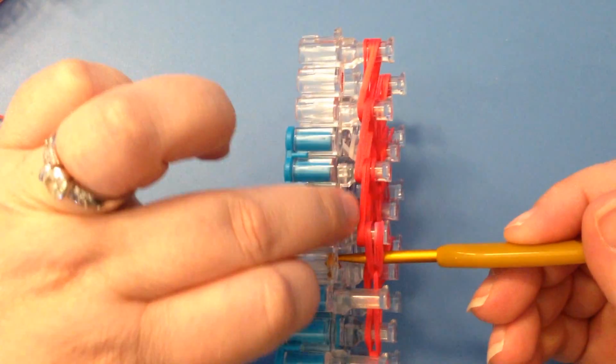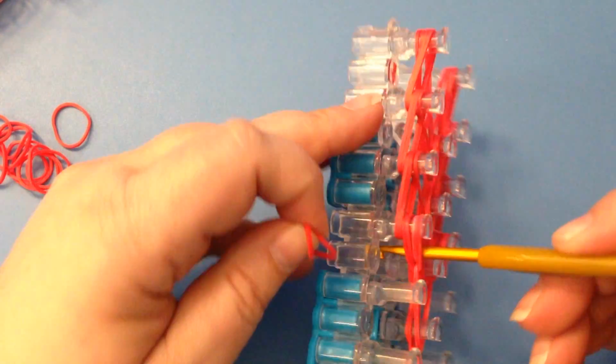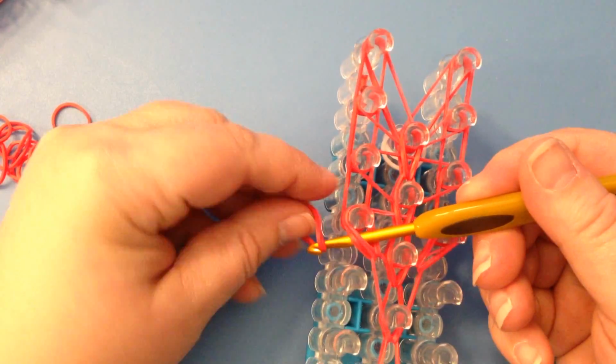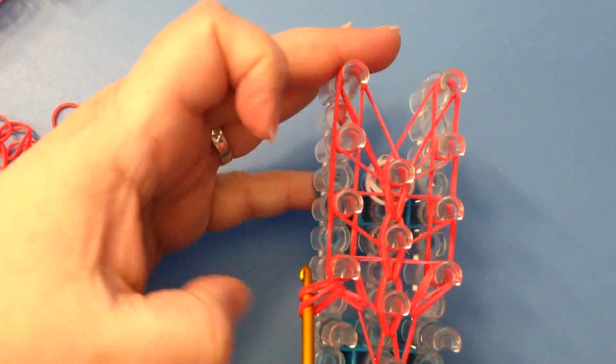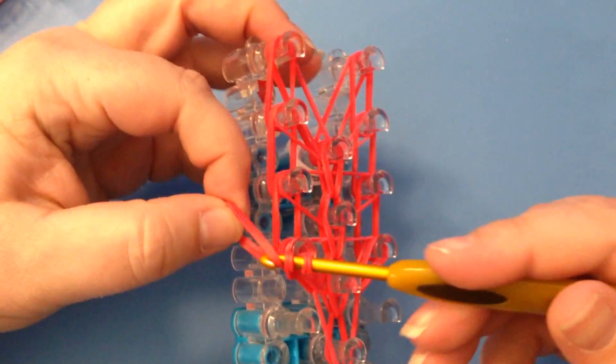Alright, so this pair of bands does not get touched, just these, and you've got 4 loops for it because you've already bent this pair of bands over. So pull that through like so and reclaim. Okay, so it's almost like you're doing a chain coming out here, and you're going to take another 2 and pull through